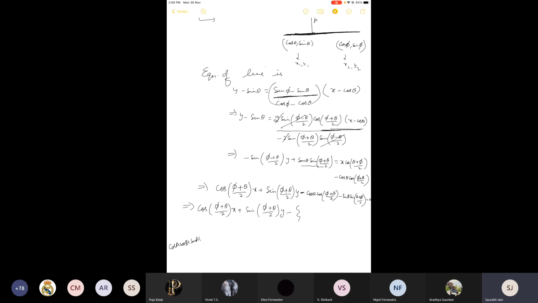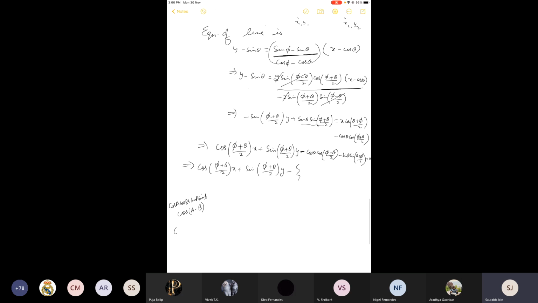So cos A cos B plus sin A sin B is cos(A minus B). What is A here? A is the first angle theta. I am simplifying these terms on this side. First angle is theta, next angle is pi plus theta by 2. So when you simplify this, after taking LCM and everything, you will get theta minus pi by 2. So I write it here, cos(theta minus pi by 2)